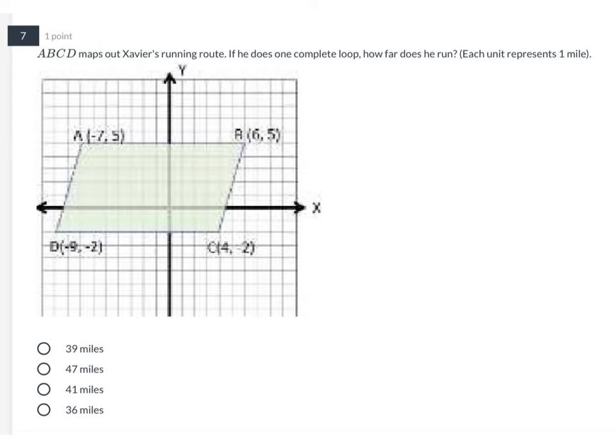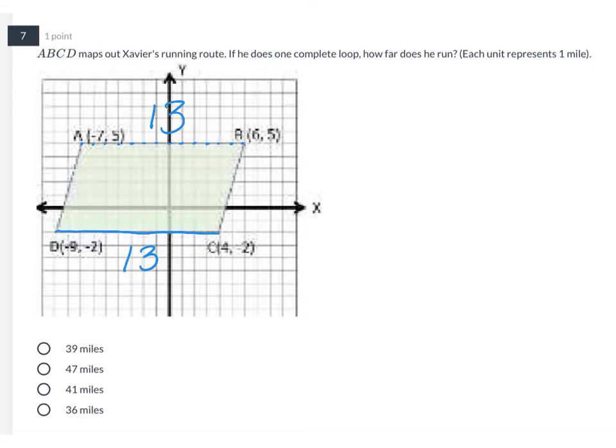So I'm just going to count. 1, 2, 3, 4, 5, 6, 7, 8, 9, 10, 11, 12, 13. So he runs 13 units going that way. That means he's probably running 13 units going this way. But these crooked parts, so there's where we could play another round of what formula will I use? The funnest game ever. So let's just do one side, and I bet the other side's going to match